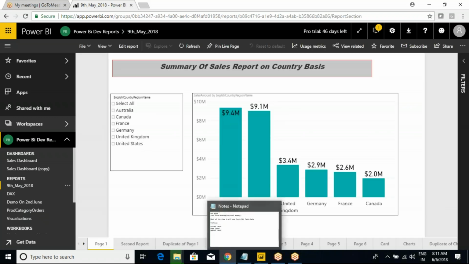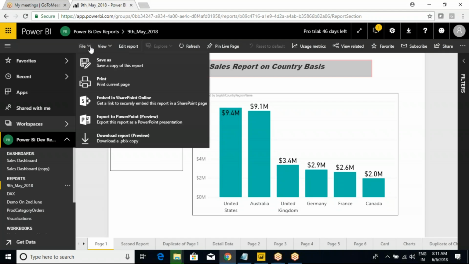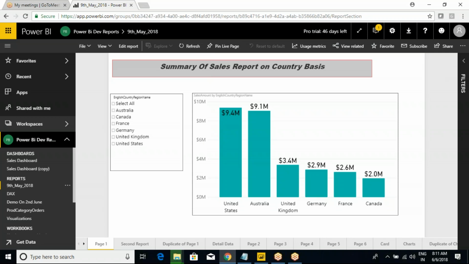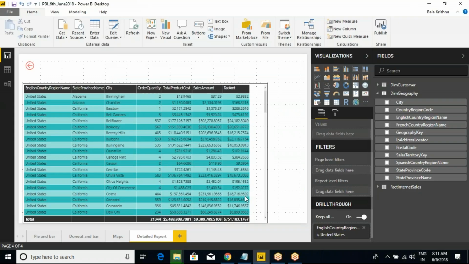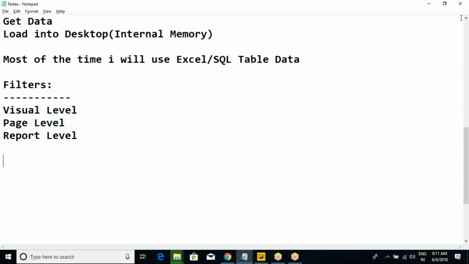Also we understood a little bit about the smaller properties, for example open, rename, remove, and when you click on the report there is an option called file option and view, edit report. We discussed very minimal properties yesterday. We will discuss more on the properties today. And also, as you could see here, I am taking a simple report that is already available, or else I will take one more. So today what I'm going to do,